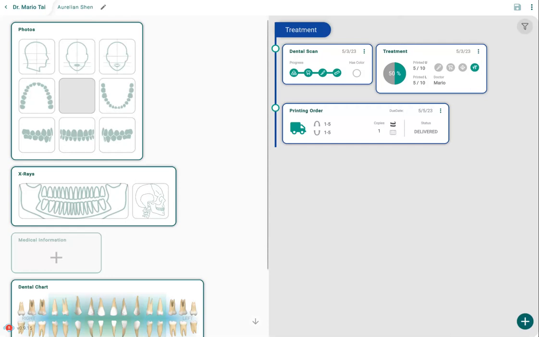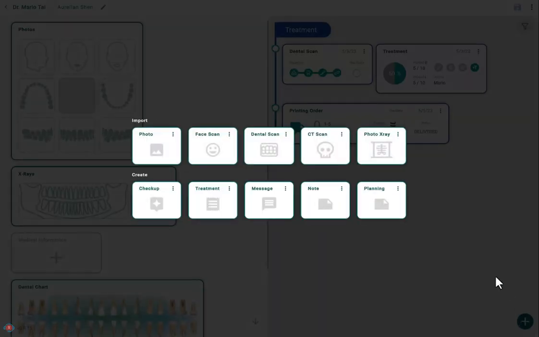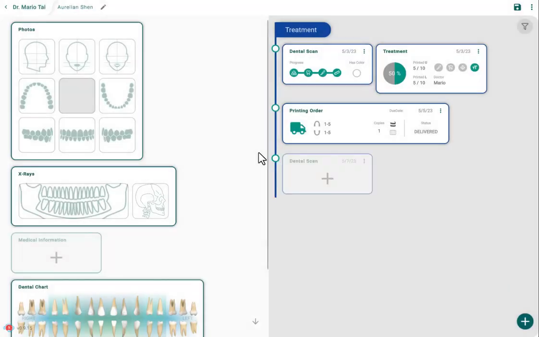Hey guys, I'm really excited to announce that the new version 0915 is now fully integrated with iTero. So let me show you. If you create a new dental scan,